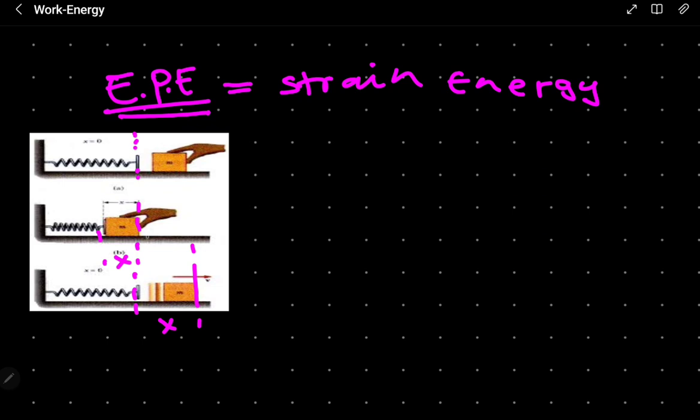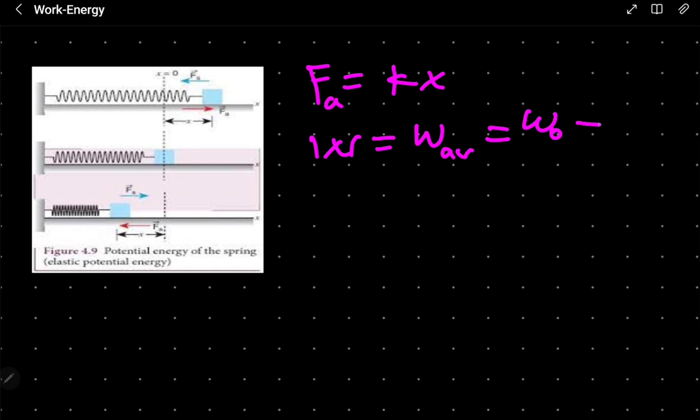Now let's look at this in detail. You need to apply a force either to extend or to compress the spring. From Hooke's law, the force applied to the elastic material is equal to the stiffness of the spring times the change in length x. But the work done by this force is equal to how much? The average work done, the average of the initial and the final work done. The average is given by the mean of the initial and the final divided by 2,